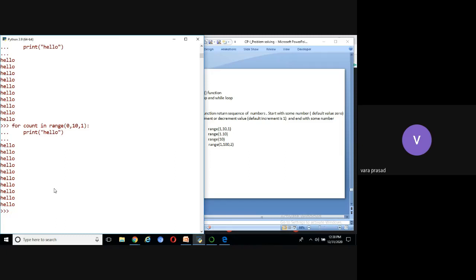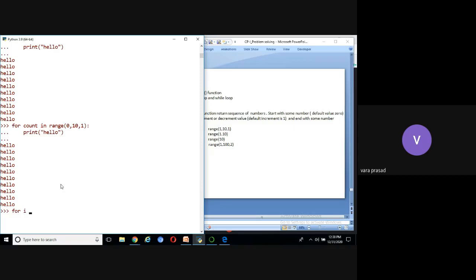Please try to understand. Display the numbers 50 to 10 in the reverse order. How to display? For 10, what do we have to do here? Can we take any variable?